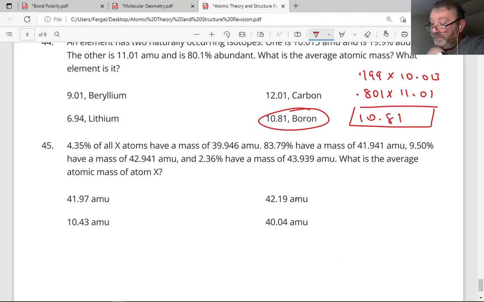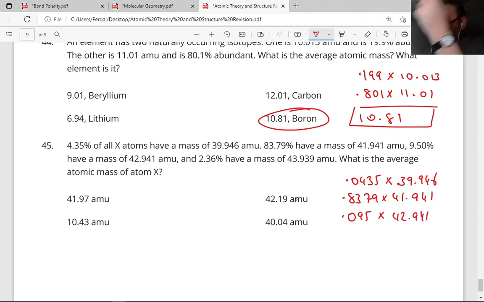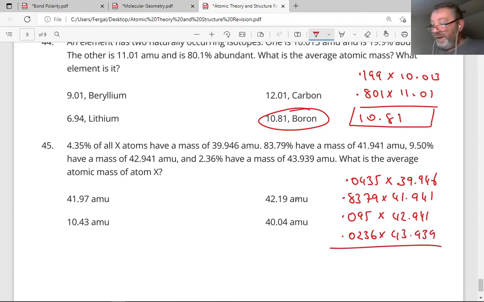And finally, 4.35, so 0.0435 multiplied by 39.946. 0.8379 multiplied by 41.941. 0.095 multiplied by 42.941. This seems very much like a question we did earlier on. I must have repeated myself. 0.0236 multiplied by 43.939. When you do all those in your calculator and you add them together, you get